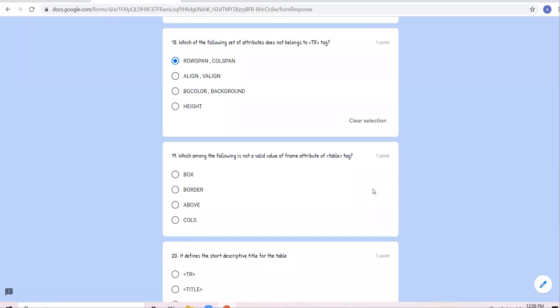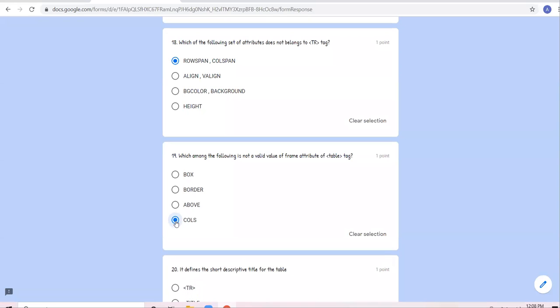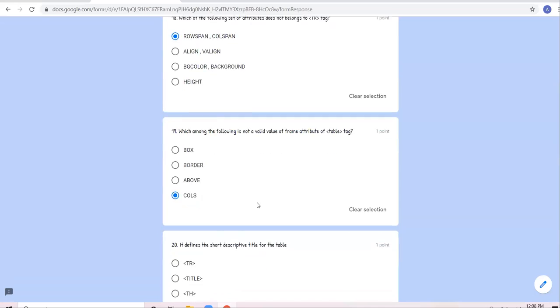Sir, frame attribute deals with the setting of external border and rules deal with setting of internal border. So cols is the invalid value of the frame attribute of table tag.